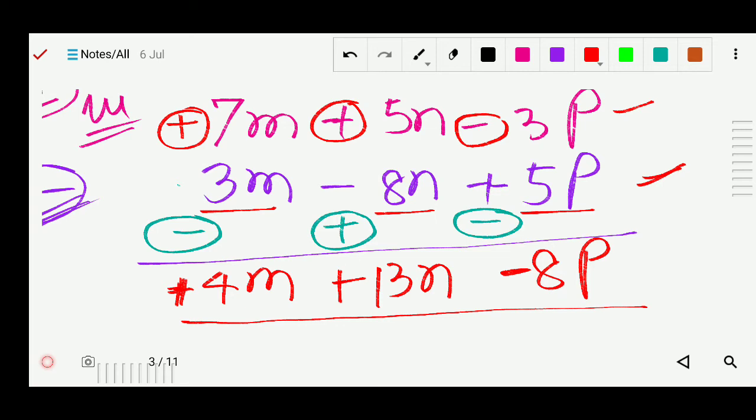So what we have done, we have changed the sign of the subtrahend. Okay, we just write the opposite sign, plus became minus, minus became plus of the subtrahend part only. The minuend part remains the same, there will be no changes, only we will change the subtrahend part. Okay,